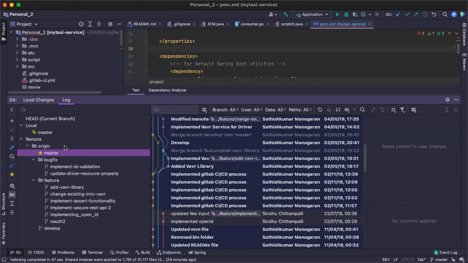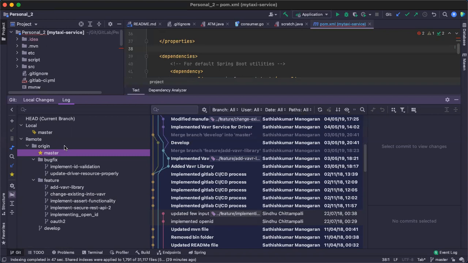So another advantage is you are reducing one more application. You are using Eclipse and source tree for your day-to-day activity. Here I'm reducing source tree completely. I'm doing everything here itself. Simple. Source tree also, every 30 seconds, looks into the upstream, that means origin. It will see if there are any new changes present.